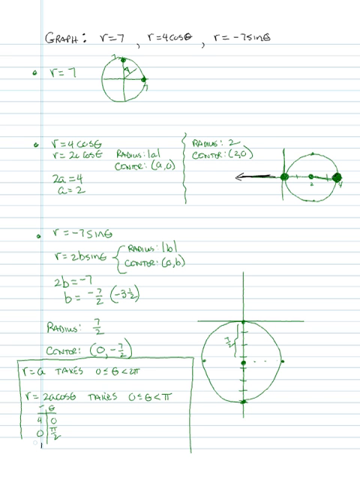And then, of course, I've skipped a lot of possible values for theta. If we choose theta to be equal to pi, then what we have is the cosine of pi is negative 1. And so r is 4 times negative 1, or negative 4. Before we look at additional graphs,